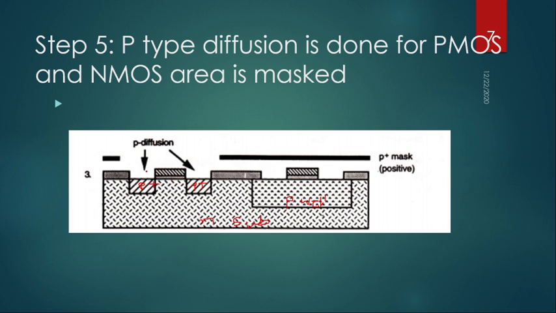For making the PMOS, only P plus impurities will be required. So P plus will be doped in the N-type substrate, because PMOS will be implemented in the N-type substrate. These impurities are doped by using a self-aligned